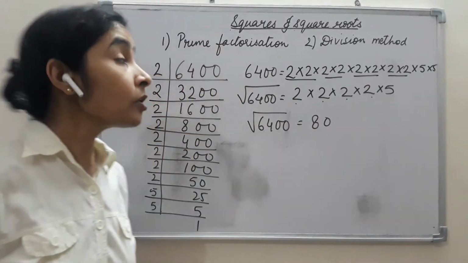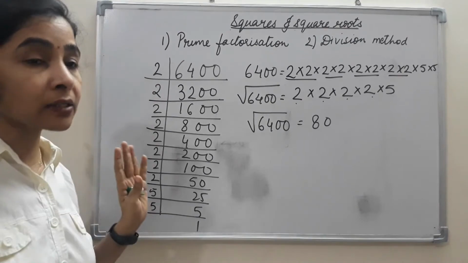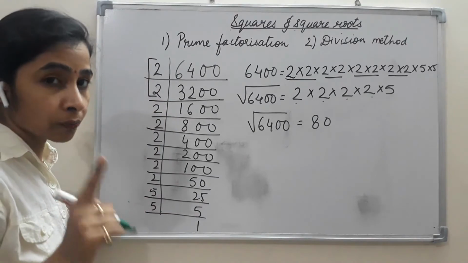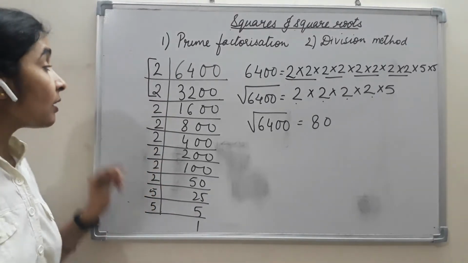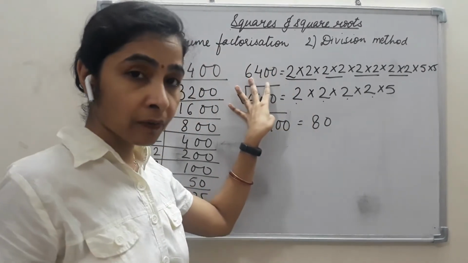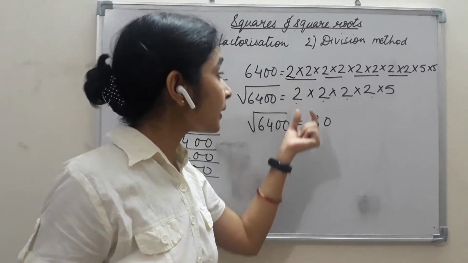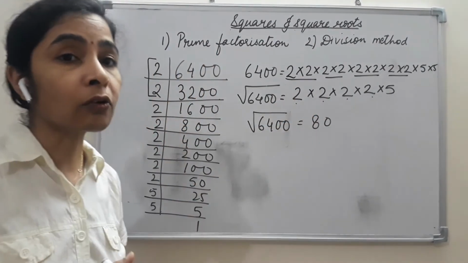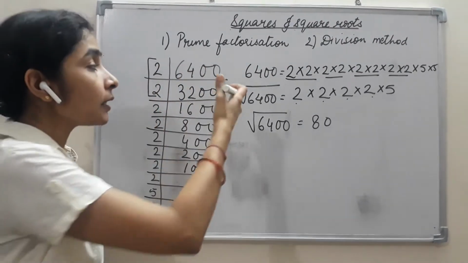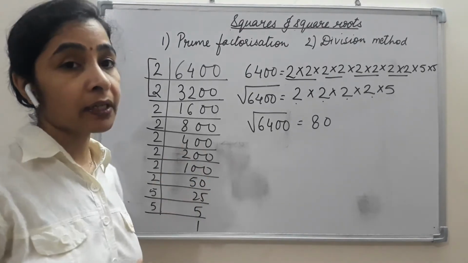That is our answer. So here what we are supposed to do is just prime factorization, and for every pair we take 1. One number for each pair, because when the number multiplied to itself gives the perfect square. So we need to find out a number which we can take out. For every 2 we can take out 1, so that when it is multiplied to itself it may give the given number as a square. So this is the prime factorization method.